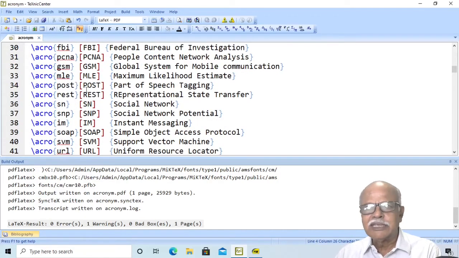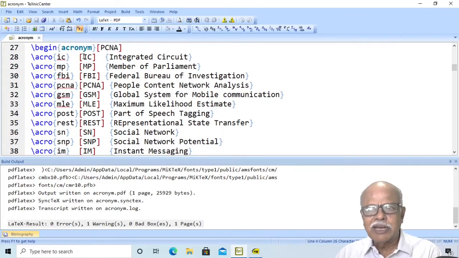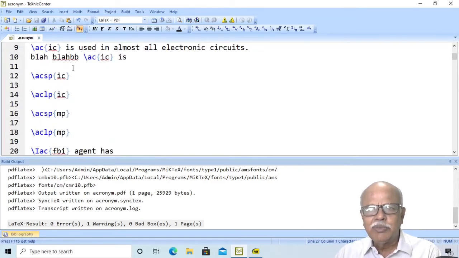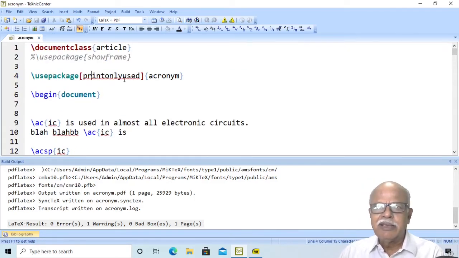What I would suggest is, you can treat this almost like a BIB file. In the case of BibTeX, in the BIB file you have got so many entries, but in the LaTeX file you are going to use only a few of them. Similarly, you can have a file with all acronyms, and here you may use only the relevant ones suitable for the particular paper with the option printonlyused.